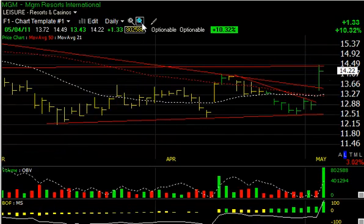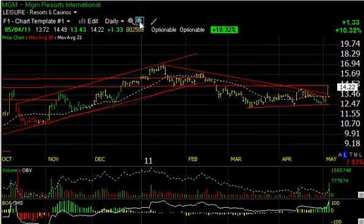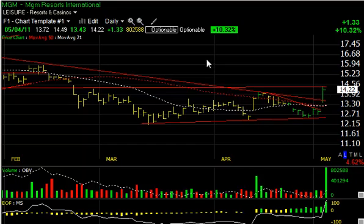MGM, significant price volume surge on a negative day today. When you see relative strength on a stock on a day like this, you have to pay attention. 80 million shares. That's the biggest volume MGM has traded since early November of last year. It's about 6-7 months. And certainly at this point, if you can get through this lateral price resistance, which it backed off today, around 440.50 zone, then the stock could make it up, perhaps up to a 15.5, 3/4 my